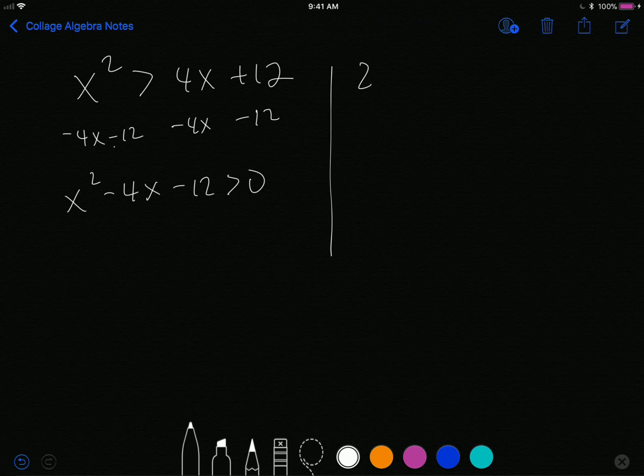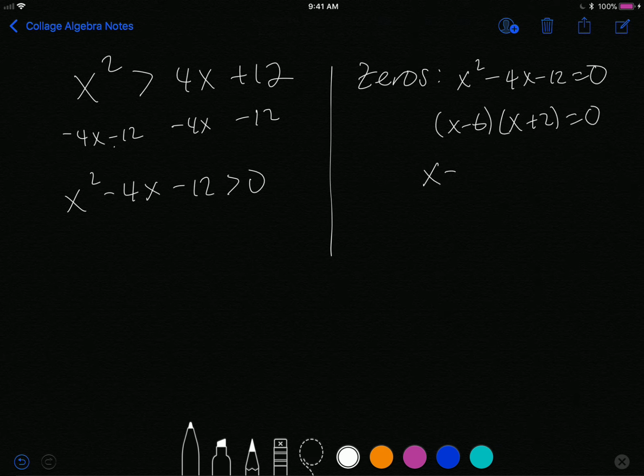And so now I can find my zeros. Again, to find a 0, it must be equal to 0. So x squared minus 4x minus 12 is 0. This factors: x minus 6, x plus 2 is 0. So x is equal to 6 and x is equal to negative 2. Right? So with that being said,